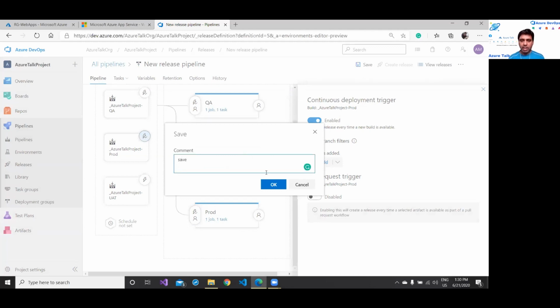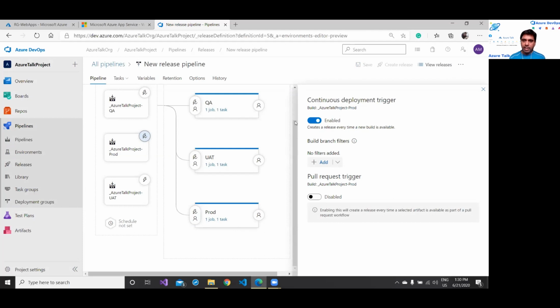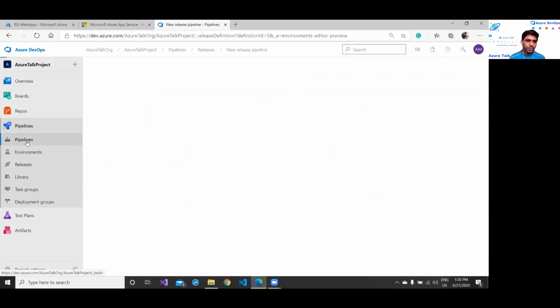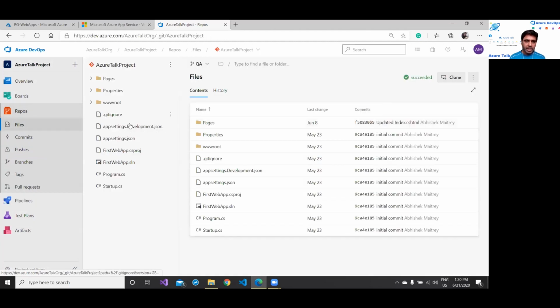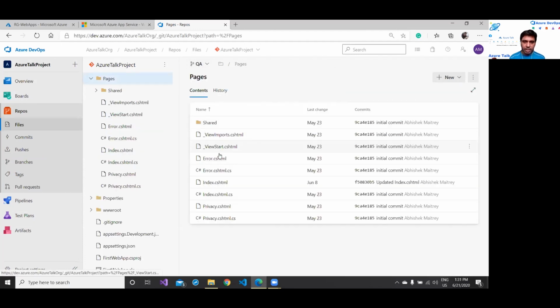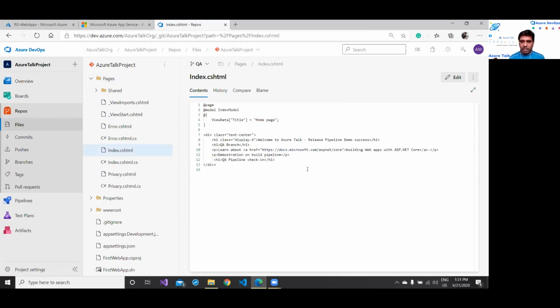Save, for example. Okay. Right. Now you can go to your repo and make a certain change. I'm currently on the QA branch, see here, and I'm going to pages, maybe index.html, edit.